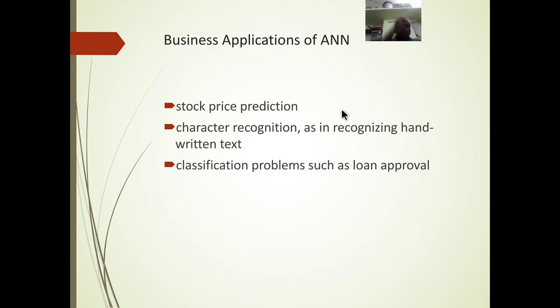So these are some of the business applications of artificial neural networks: stock price prediction, character recognition, as in recognizing handwritten text, classification problems such as loan approval,